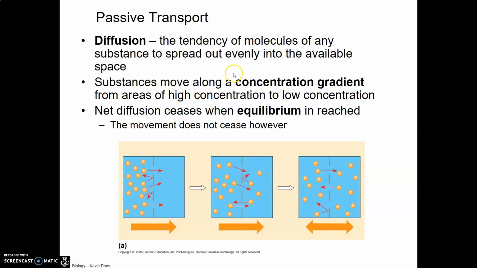Substances are going to move along a concentration gradient from an area of high concentration to low concentration. And these movements of particles from areas of high concentration to low concentration across a semi-permeable membrane are purely